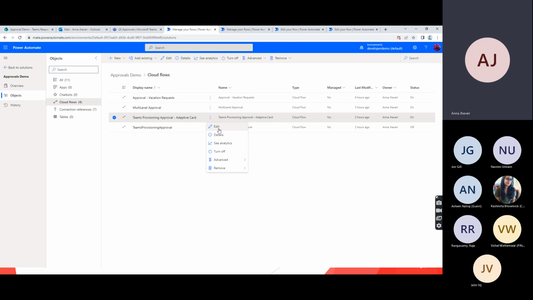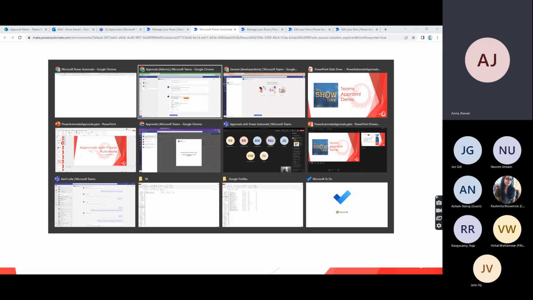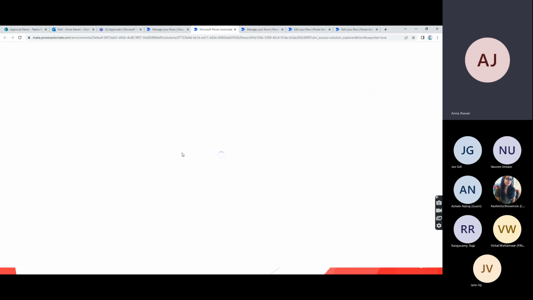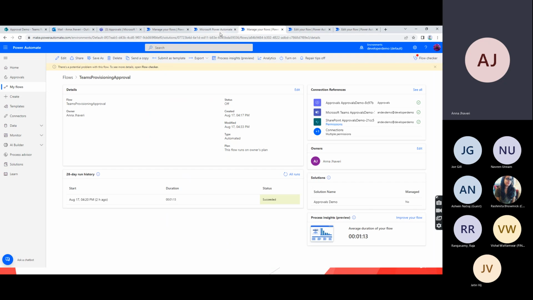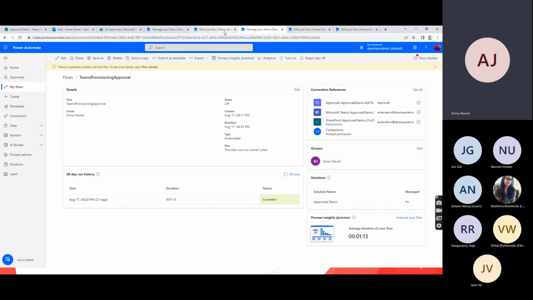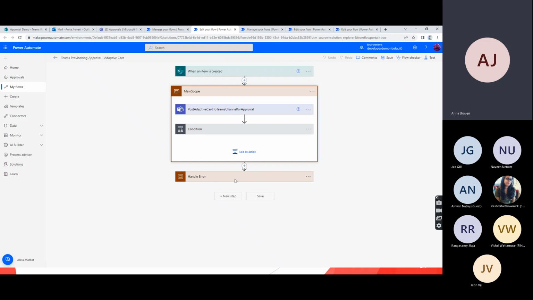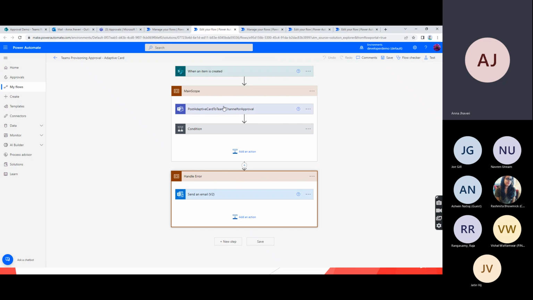All right, let me explain to you the other adaptive card option as well. So I had the previous flow turned off. That is why the adaptive cards one has turned on. So the adaptive cards one has triggered. So I have the same flow triggered on the same list, and showing you Teams approval using both of the scenarios. Here, as opposed to the other flow where I'm creating an approval, posting that approval as an adaptive card